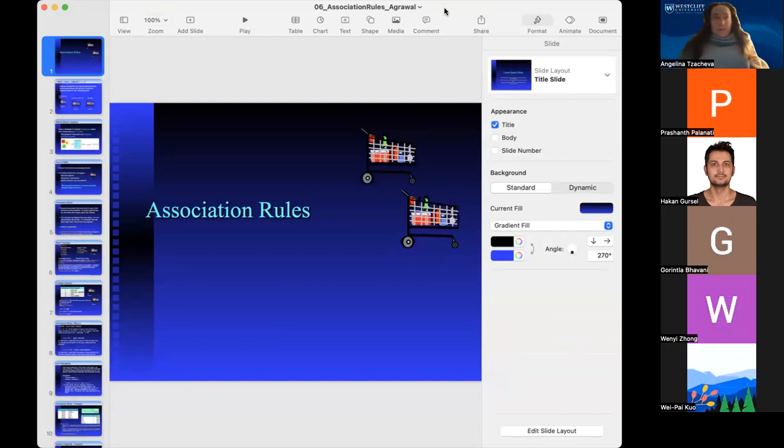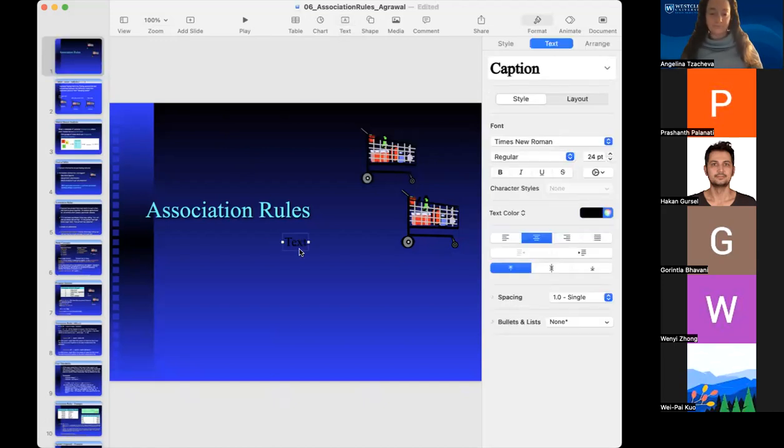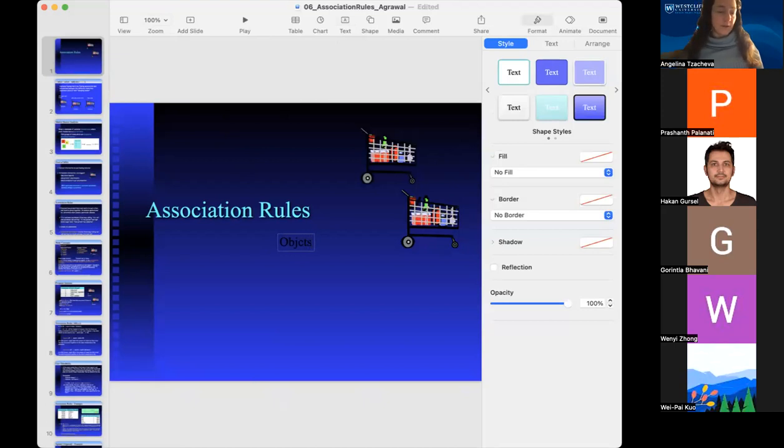Now, we said that they are objects because they could be customers of a company. They could be patients in a hospital. They could be students in the university. But other than humans,